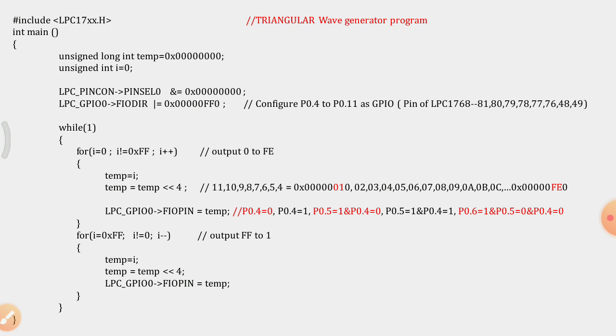After burning these, first we need to generate a hex file, and then that hex file is going to be written onto the LPC1768. So we will see how the output is now generated. We'll see a small video here.